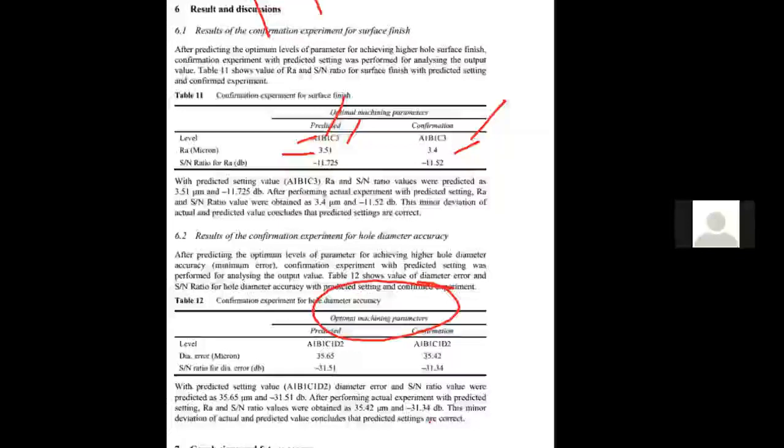You will come to know which factor is more significant and which is not. Then have the predicted values and perform the confirmation experiments. This could be a very generalized layout of the Taguchi method. But with just an introduction and some case paper studies, you can write good papers. You can write good research also by using this Taguchi method. Anyone having any doubt?